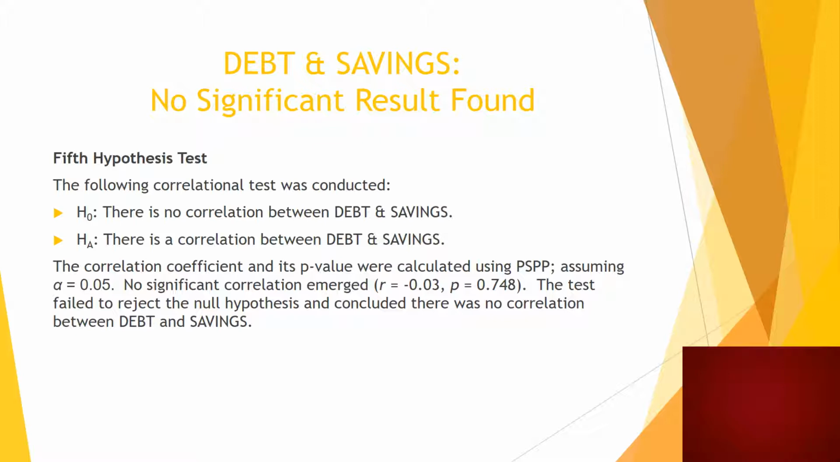So on this correlation test, we did not find a significant correlation, with an R value of negative 0.03 and a p-value of 0.748. So the test failed to reject the null hypothesis, and we concluded that there was no correlation between debt and savings. On the sixth hypothesis test, this time looking at debt and stocks, the null hypothesis: there is no